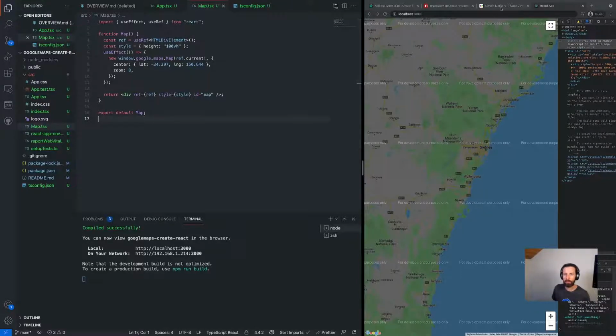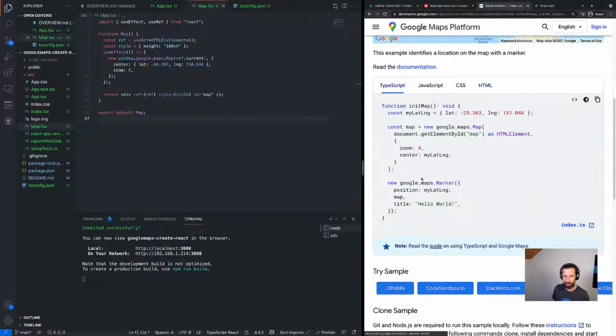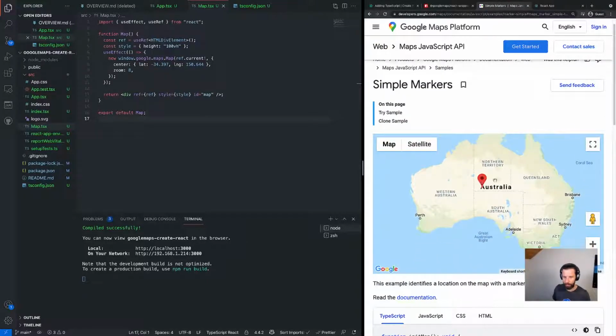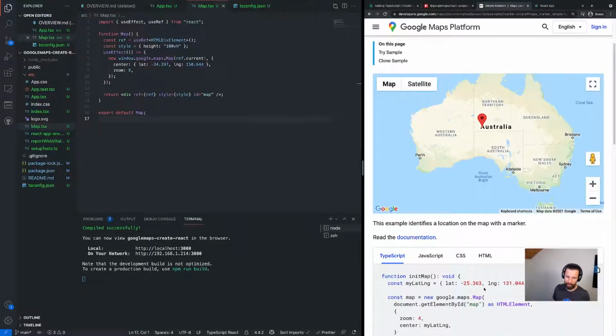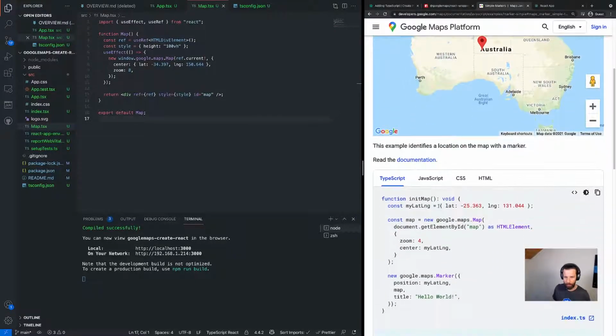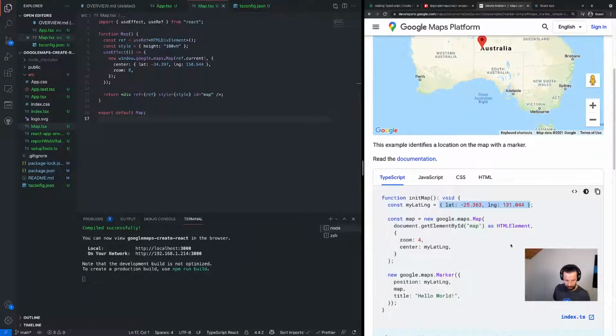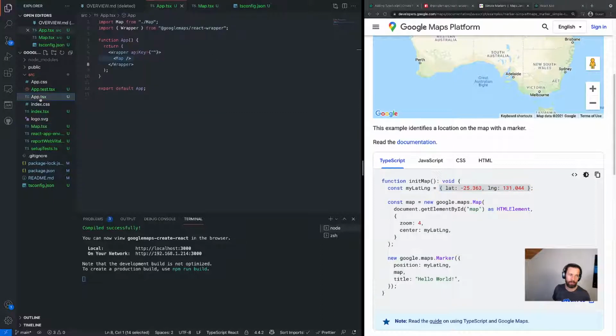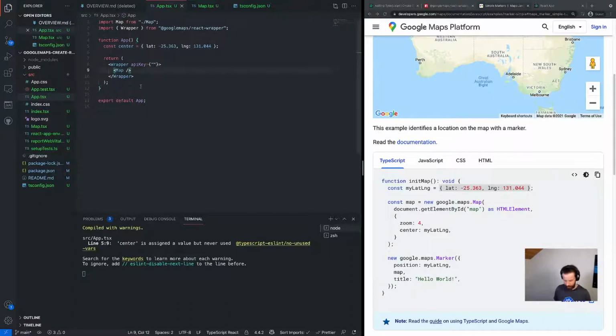So let's see here. If we were going to do this example, this example has a map centered in Australia with a single marker somewhere in Australia. So this is being used as the center and the position for the marker. And let's go up to the app and let's see about passing that through. Const, we'll just call it center equal to that. All right, and then we're gonna pass center